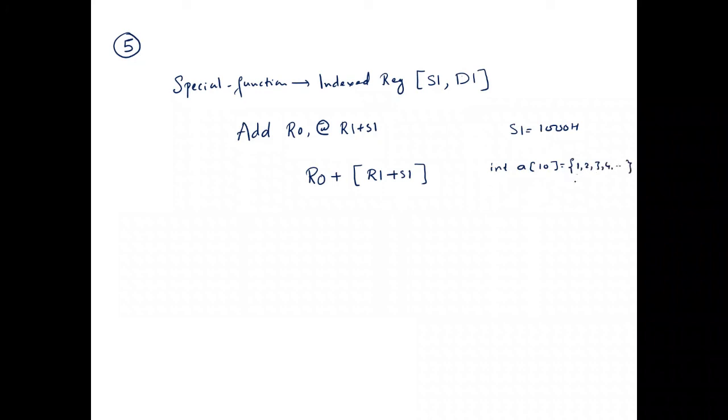Now, what is the address of 1? Can anybody tell me? How do you retrieve 1 in an array? A of 0. Now, what is this A? It is called the base address. And what is this 0 called? Index, right? So these two will add together to reach a particular value.